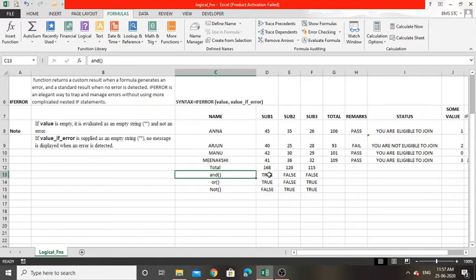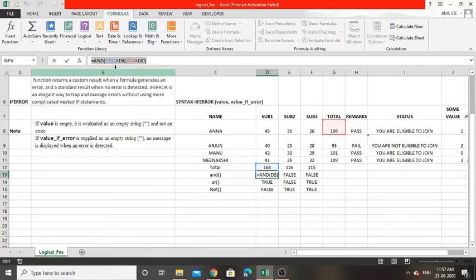So let's see the formula. The formula is equals AND of first condition, comma, second condition. Since I am comparing two conditions, I have only two conditions. If you have more than two conditions, you should put a comma between each condition.